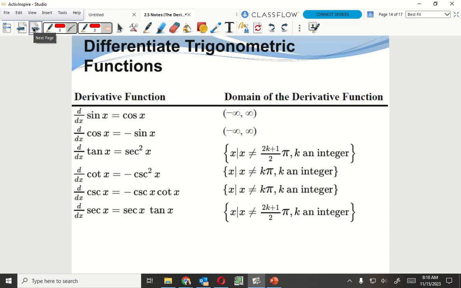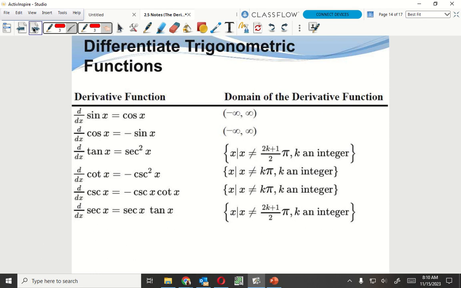So if we're looking here, here's all your derivatives that you've been needing. The derivative of sine gives me cosine, the derivative of cosine gives me negative sine, the derivative of tangent is secant squared. Now some of these other ones are kind of weird, but same thing works out. So if you want to do the quotient rule for cotangent, because I know